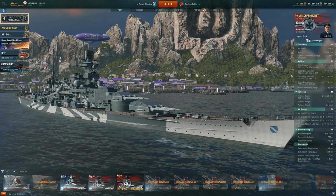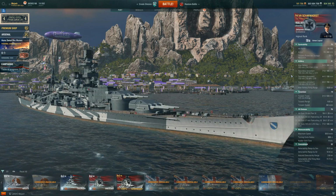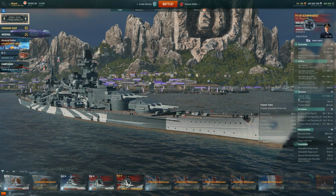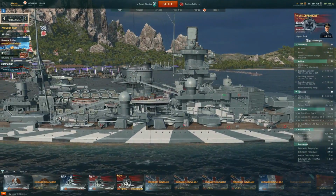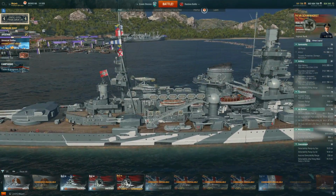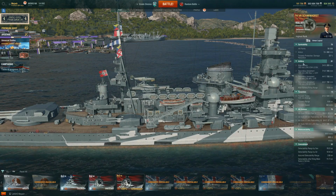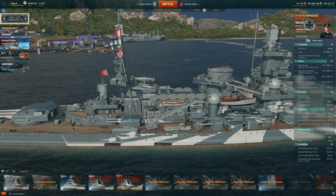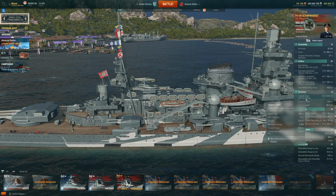So if you like getting in for those brawling situations, the Scharnhorst is fast and can get you into those all the time. Of course, with really good matchmaking as well. It does have torpedoes, 2 sets of 3, so you have those chances to go in there and make battleships cry by pushing in, and they can do nothing about it. So what you lack in punching power in your main battery guns against battleships, you do have that chance to light them on fire, force repair, and put a torpedo into them and make them flood out